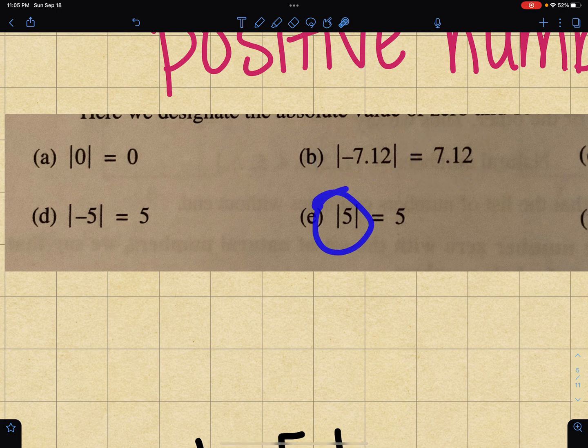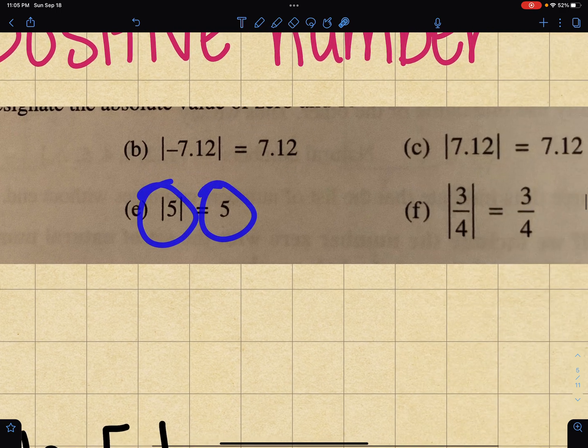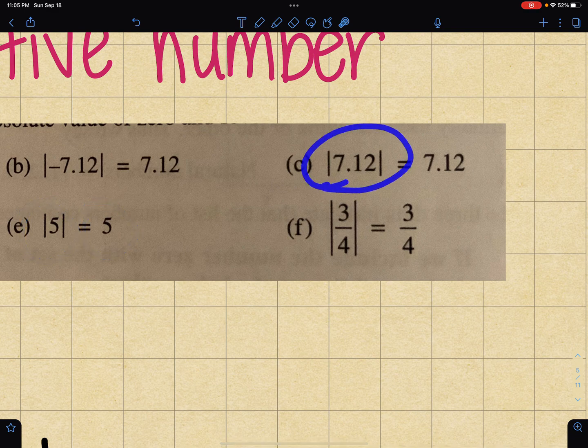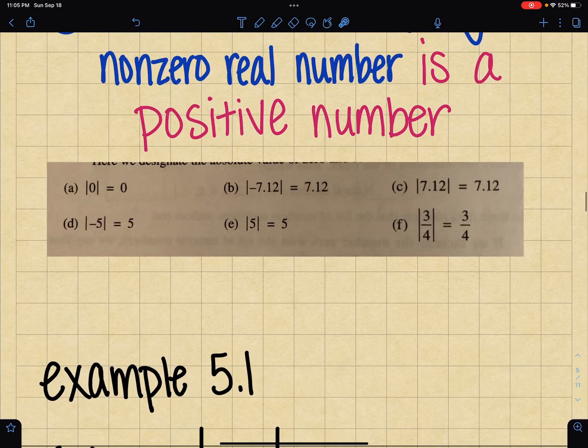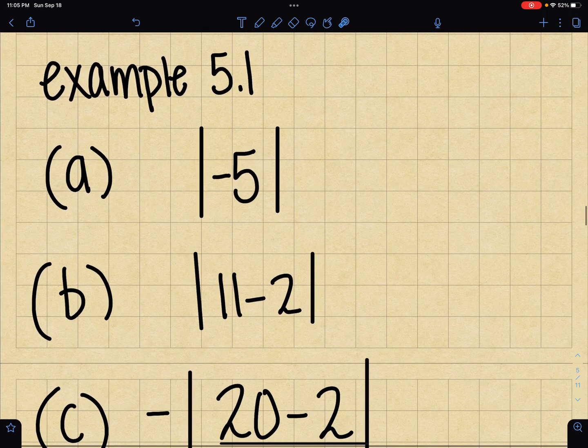If you have a number, just write it positive. Here's another decimal that they wrote without the sign. And here's a positive fraction, and you just write the fraction without the sign. Those are the answers. Okay, let's do example 5.1, and I feel like they might get a little tricky here,